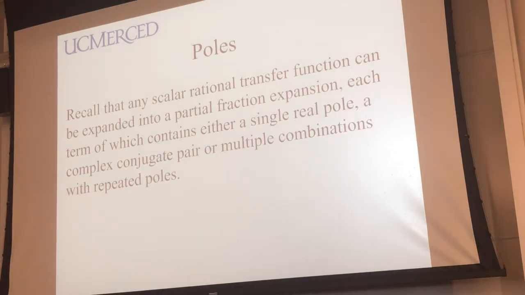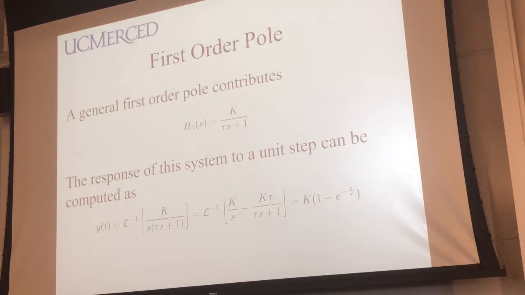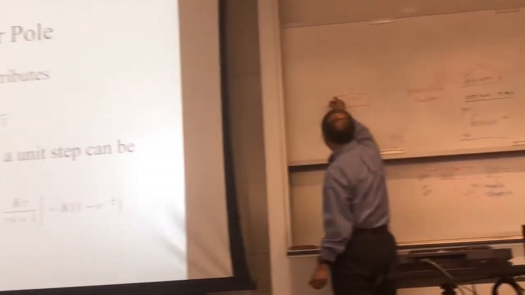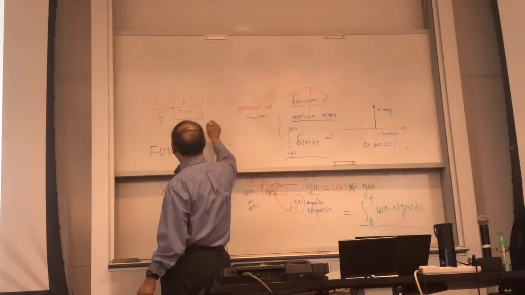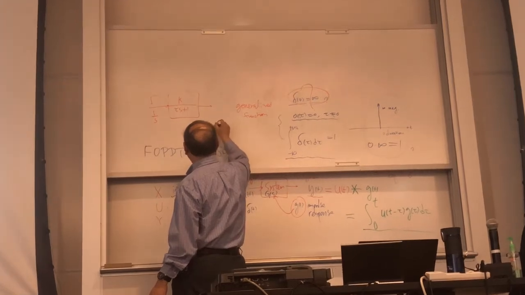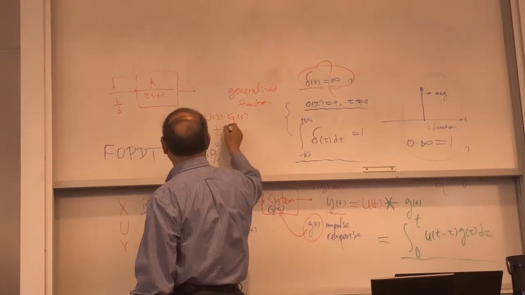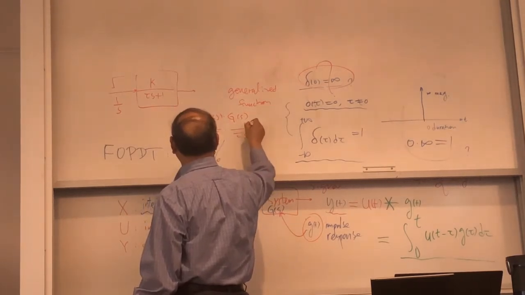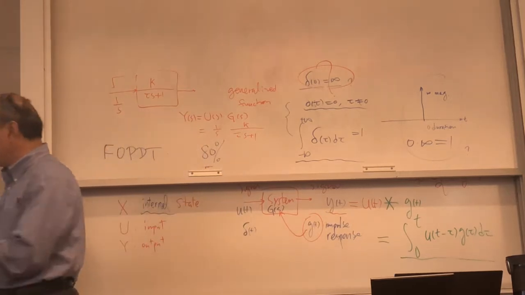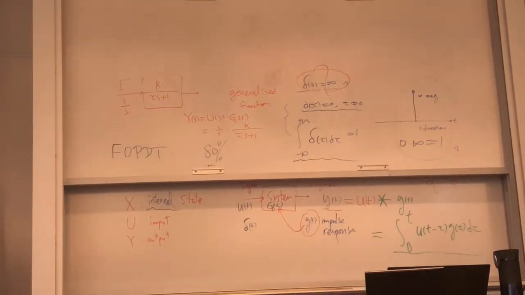Poles and zeros. Okay, so you have a system that is first order, this is k over tau s plus 1. You add an input in here. What is my input? I do a step. Basically, the input is 1 over s. So therefore, what is my y of s? It is the input times G of s, so 1 over s times k over tau s plus 1. Okay? Then this is a product form.